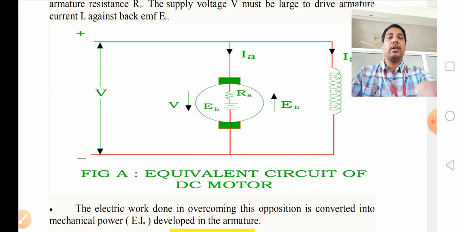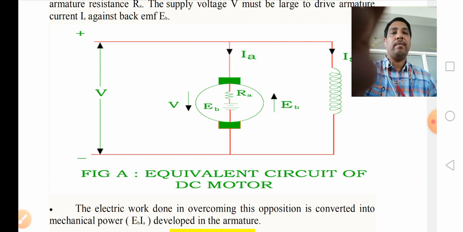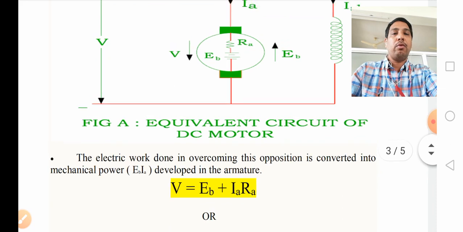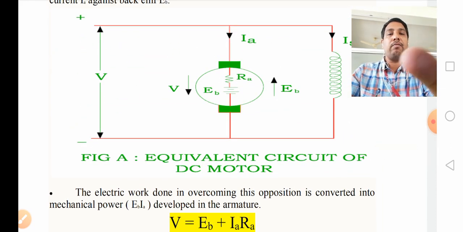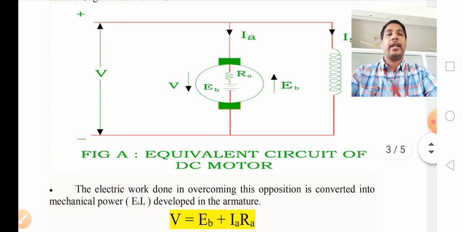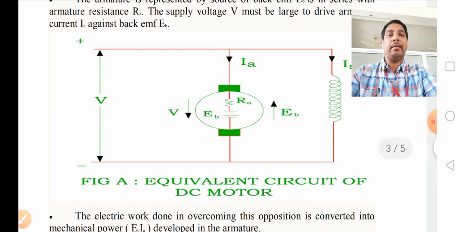Here we have given the electrical input supply to this motor, the input supply voltage. So we can take V into IA as the electrical input power, and IA is flowing in this way. This is nothing but V into IL, where I can write IL as the load current, V into IL.